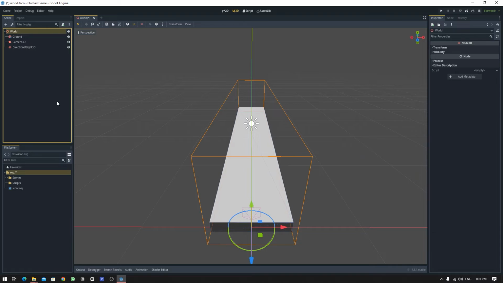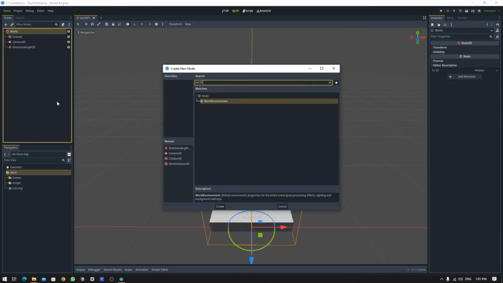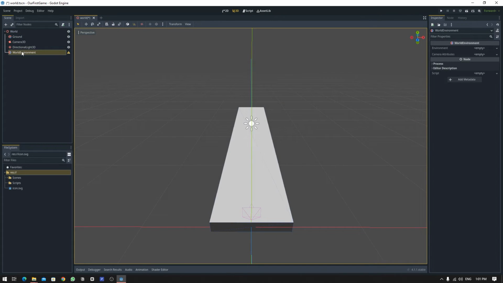Let's add a world environment node. So the world environment node can be used for post-processing, and it also contains the sky and all of the other stuff related to the environment. It's both used for 2D and 3D, so that's why it has two colors in its icon. The red color is used for 3D nodes and the blue one is used for the